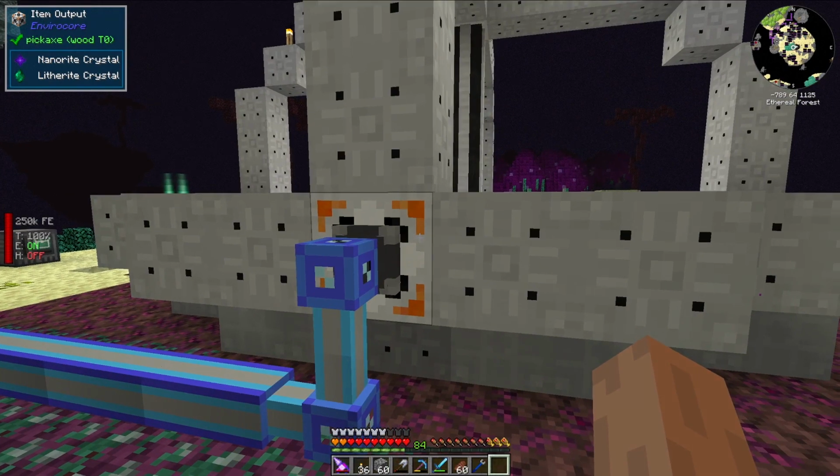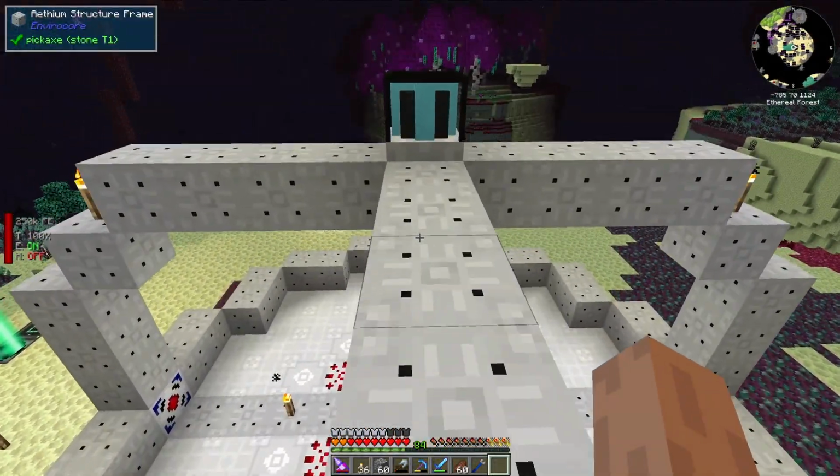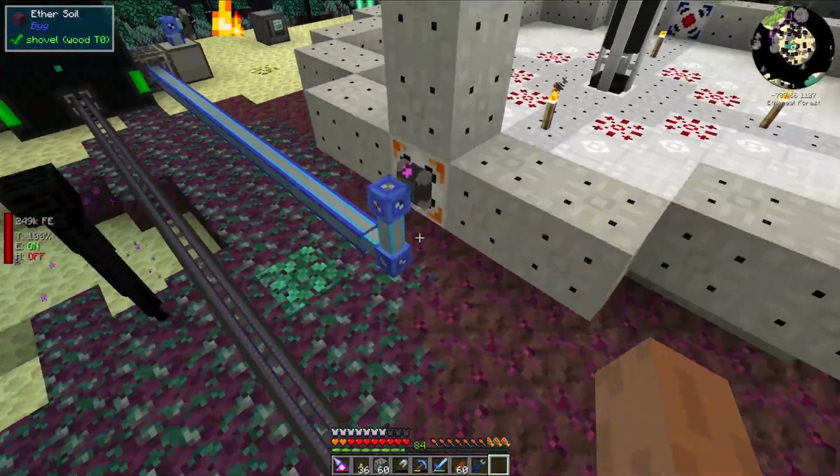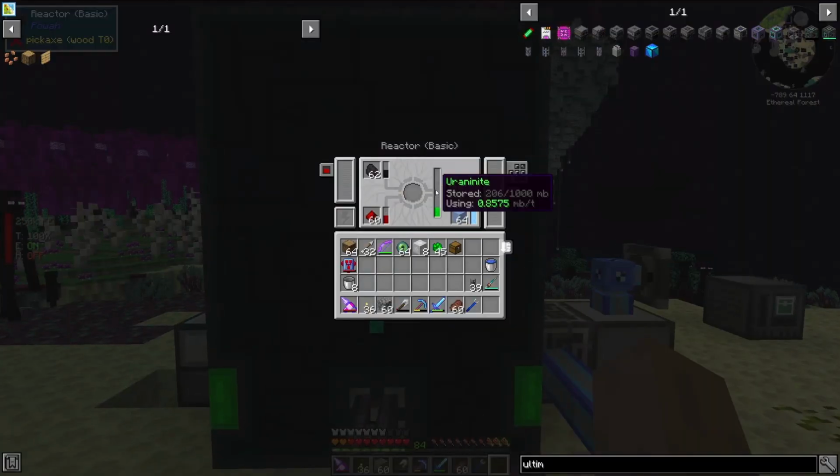Okay, it does have some crystals in it. As we can see, it has a nanorite crystal and a litherite crystal. So the reason why I'm setting this up in the end is because that is the only way you can get nanorite crystals, which are the tier 7 variant here. And so hopefully...